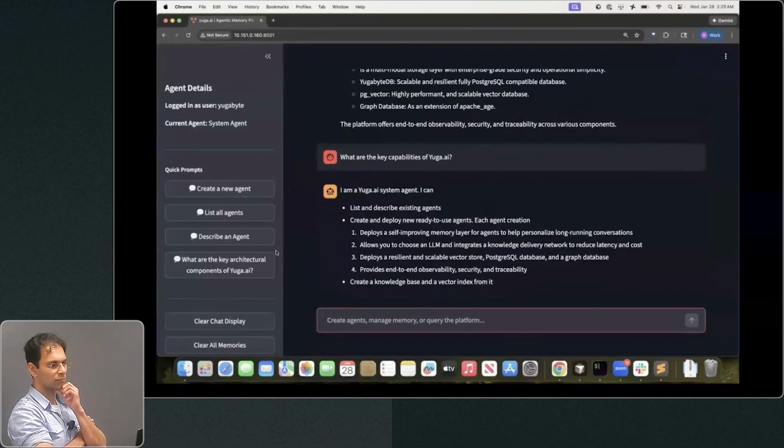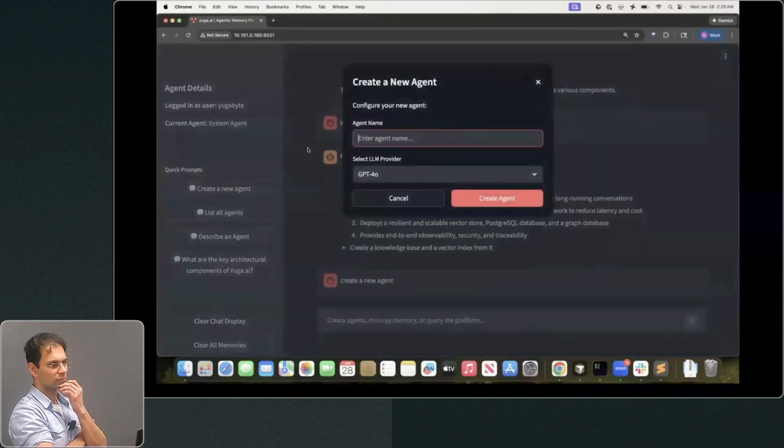So now let's go and try to create our first agent, right? We can click on new agent, or you can just converse with the system agent. For now, we are going to create the new agent using the quick prompt that we have. Also, we wanted to do a soccer agent because the FIFA World Cup is right around the corner. We are going to call it